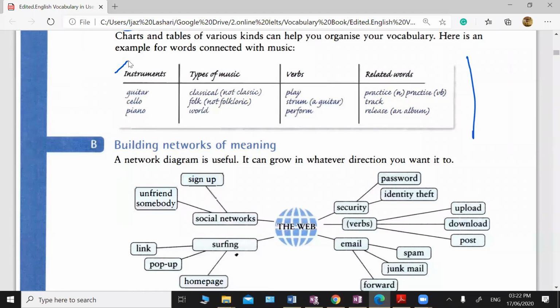Then we have different types of music, like classical music or folk music, or jazz, or there are so many kinds of music. So you can put these music words here, instruments on one side. Then if there are some verbs like play, strum, you can put these words like